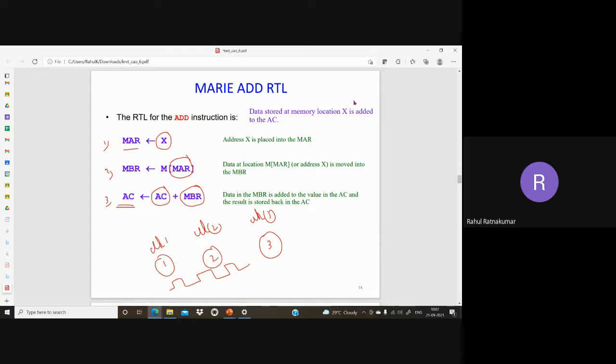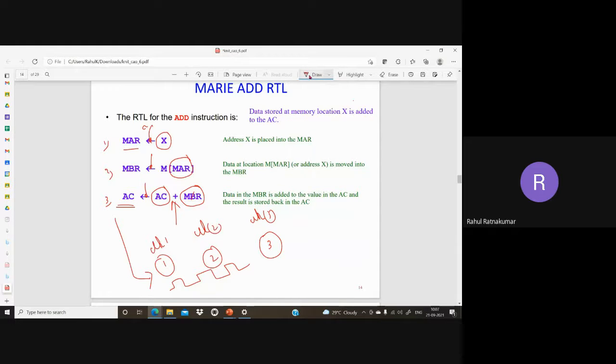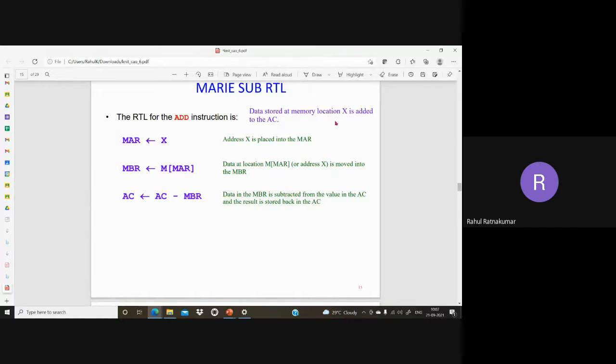Can you understand how the timing and regulation control are happening, and the signals? All the signals are controlled by the control unit. So basically all the data path hardware, the registers, the ALU, and this addition, are all controlled by the control unit. Similarly, subtract is everything similar, other than there's a minus sign here. It is minus MBR, and the other things remain the same.